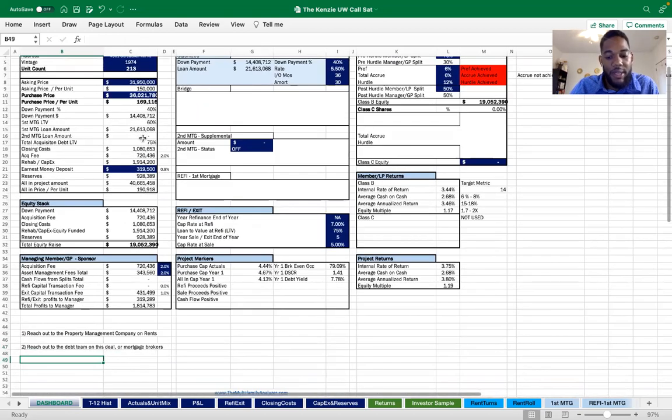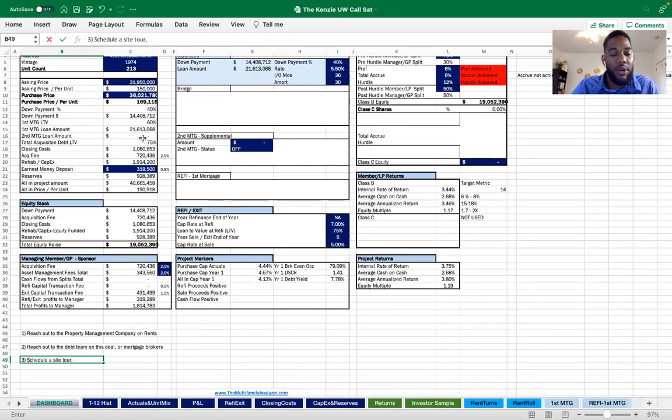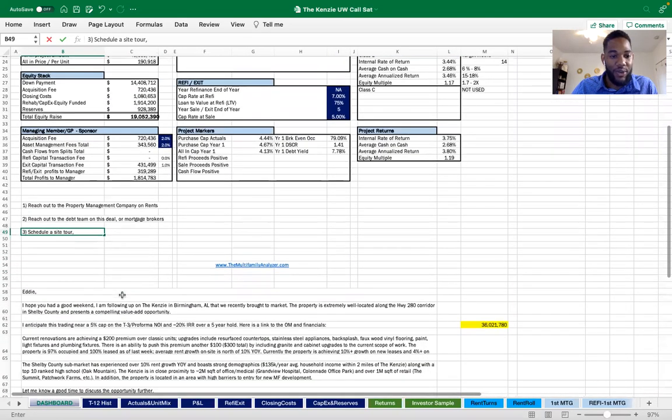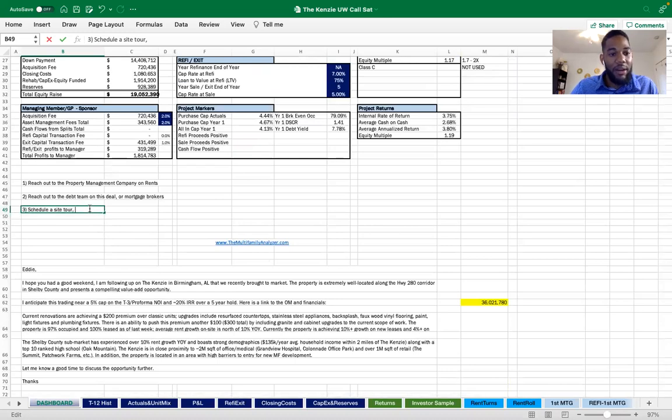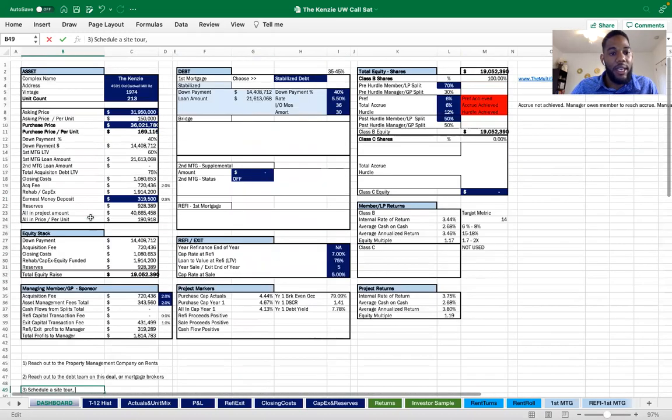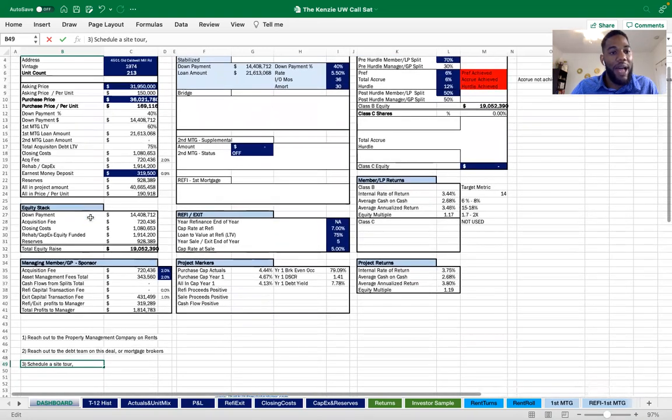Another thing we could do is schedule a site tour. At the site tour, we have an opportunity to talk to the broker, so we can get more of an indication of where we're hitting on pricing guidance, right? We may be able to say, hey, do you realistically see this thing trading at a 5 cap based off the T3 NOI and pro forma expenses? Or where do you see this thing coming in at? Have you received any offers so far? Where did the offers shake out?